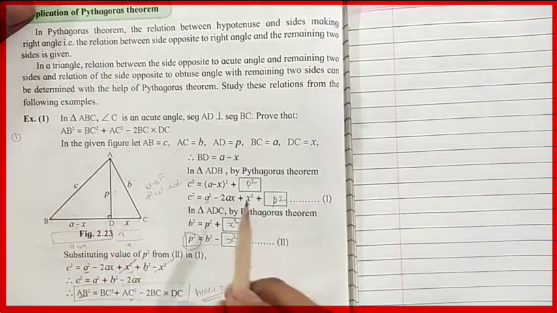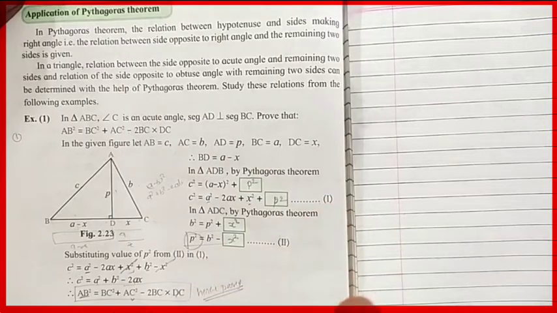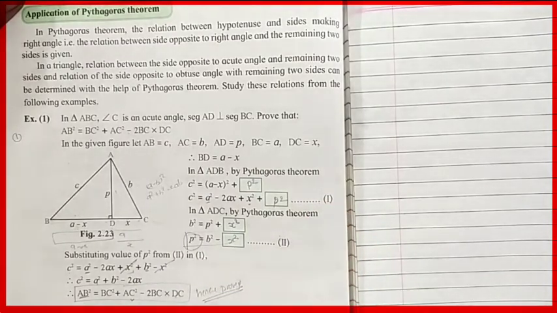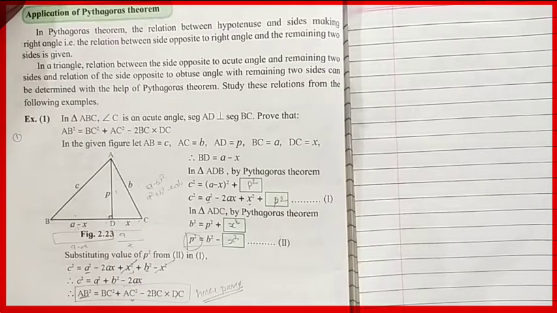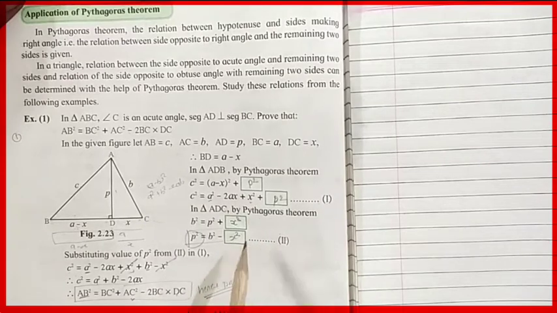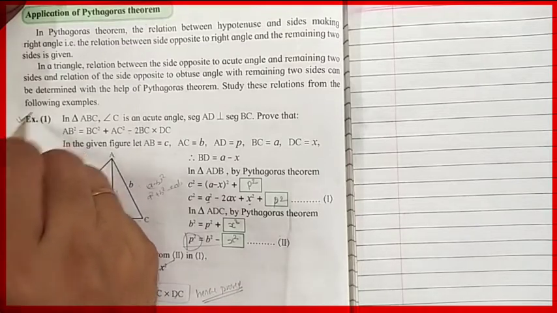Okay. So students, this is the way you have to solve the first application of Pythagoras theorem, and we will solve few numericals depending upon this application also. Okay. So if you want to write, you can write or take a screenshot because we have filled these blank spaces. Okay. So write down now. You write from here only. Okay.